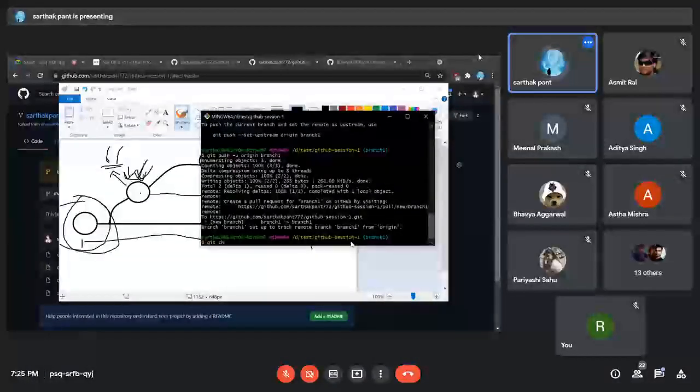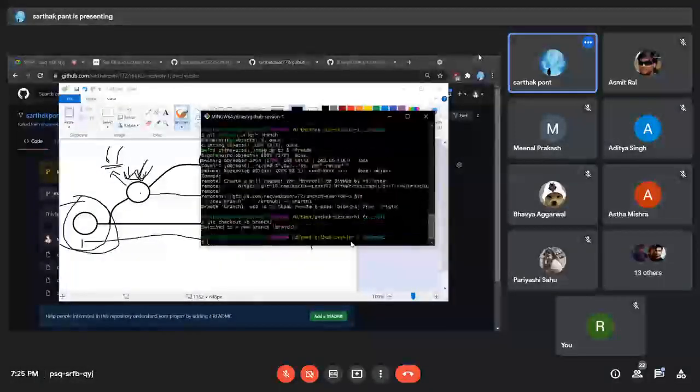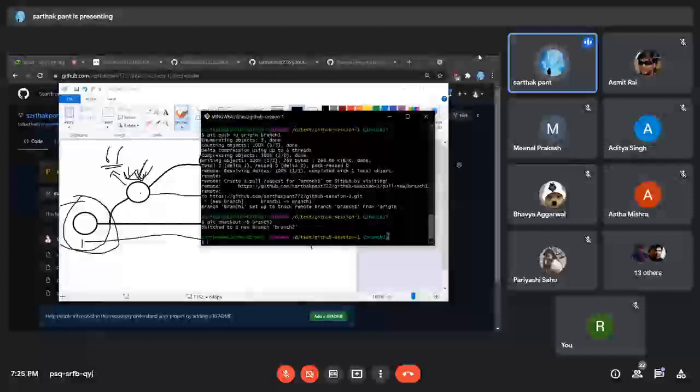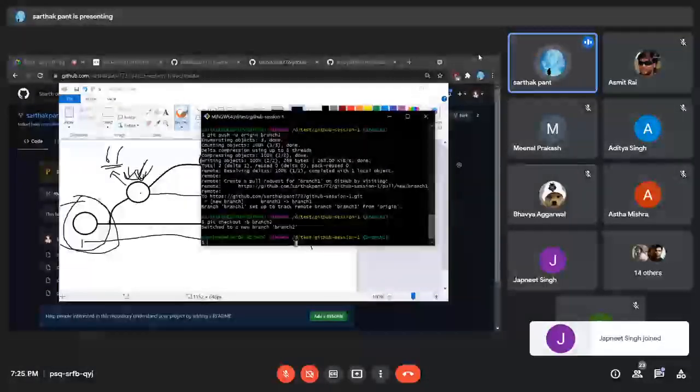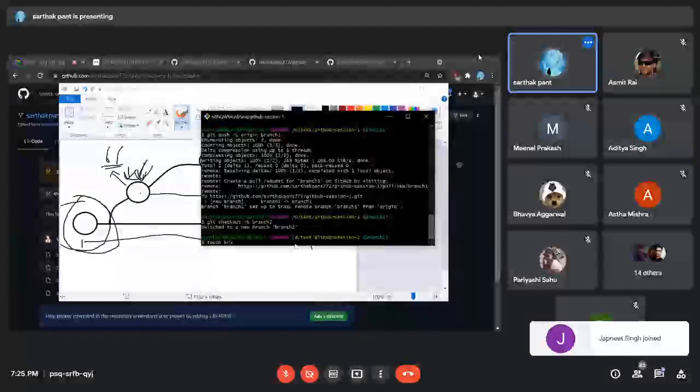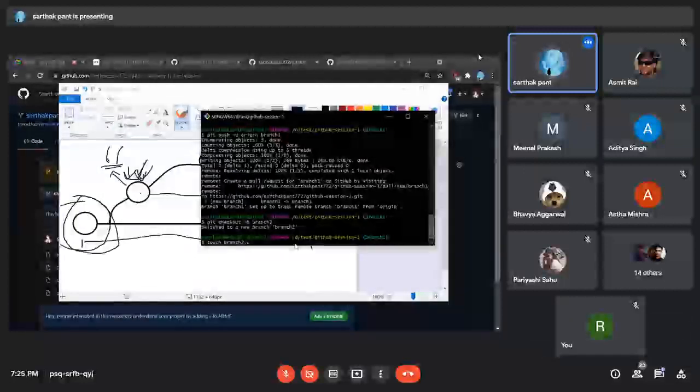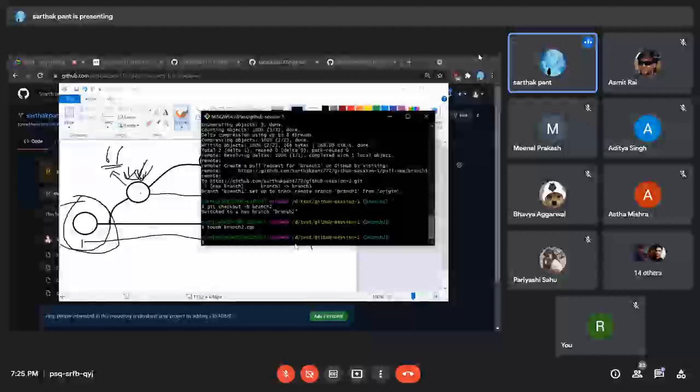That is git checkout -b branch 2. I think it's fine. And I'm being switched to branch 2. Okay, good. And I'm going to make one more file in it. Let's say touch branch2.cpp and it's made. So I'm going to do the same things, that is git add